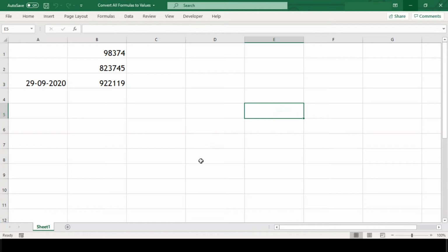You may need to convert formulas to values in Excel if you work with a lot of dynamic or volatile formulas. For example, if you use Excel's TODAY function to insert the current date in a cell and you leave it as a formula, it will update itself to the current date whenever you open the workbook next time. If this is not what you wanted, then you need to convert the formula into a static value by writing a VBA macro code. I will also explain this code line by line.